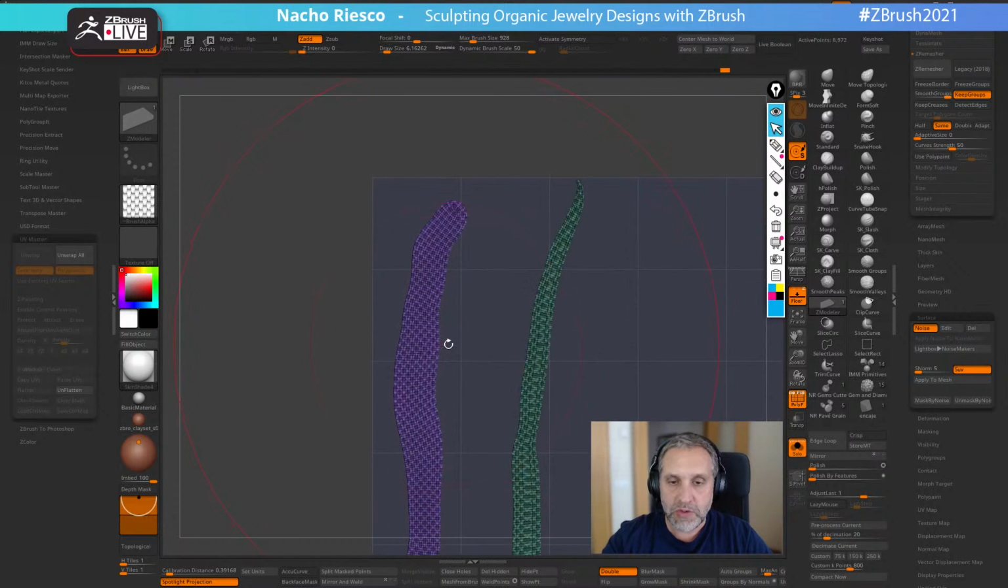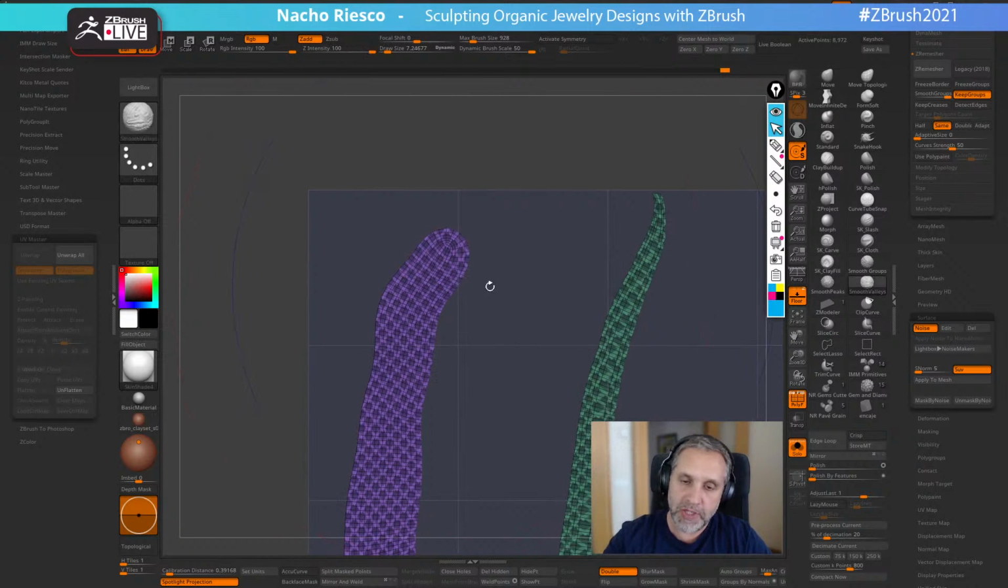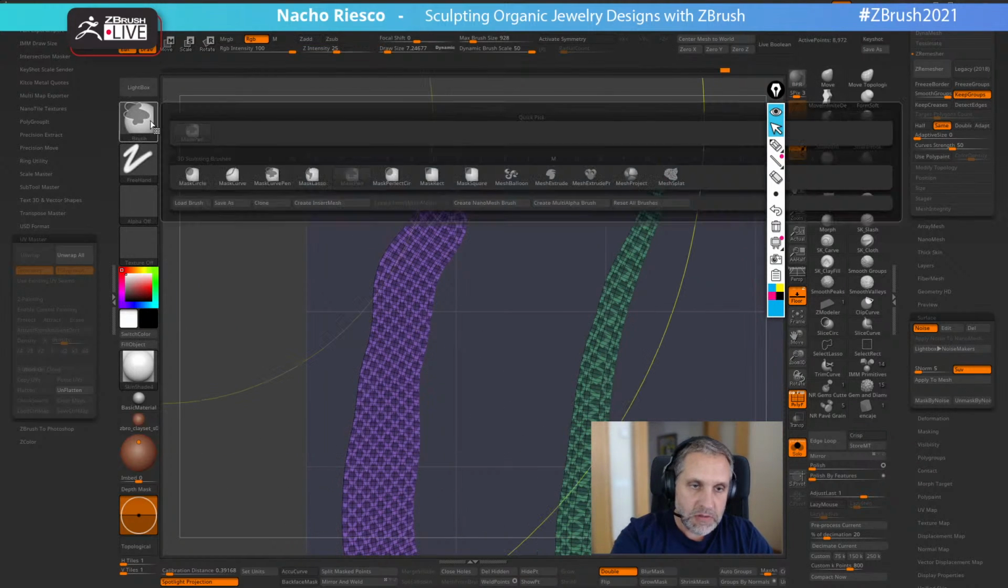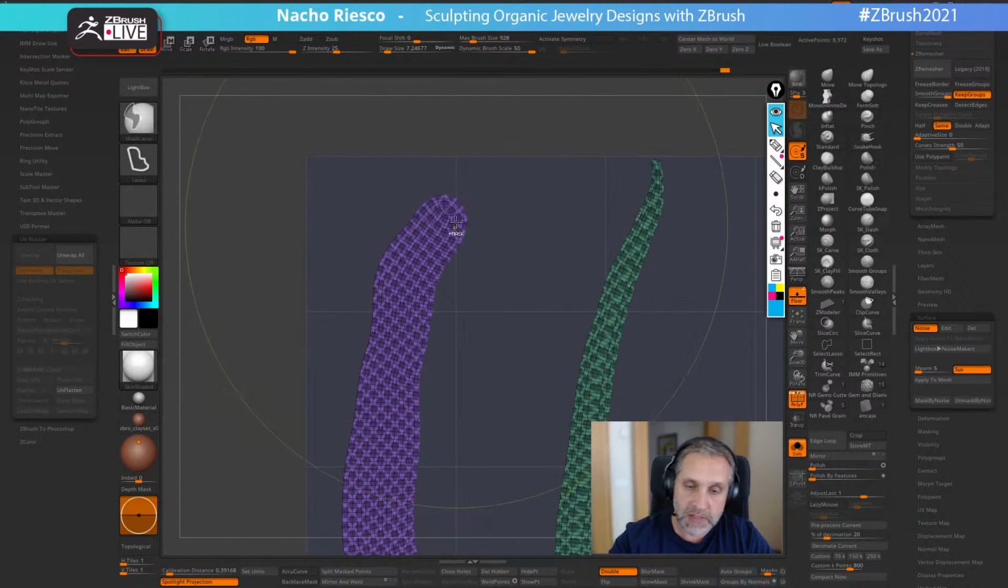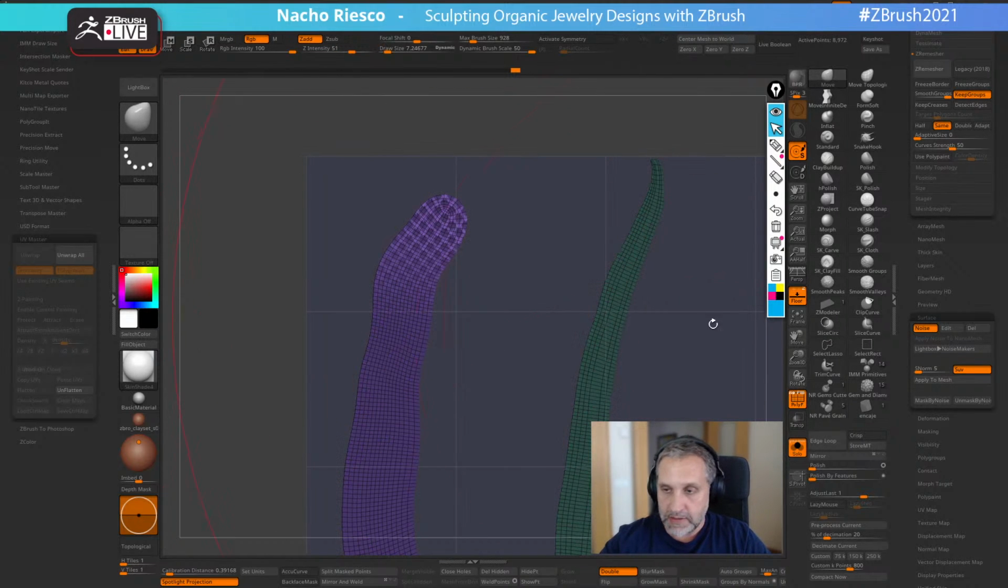So I recommend you do this instead of, for example, grabbing the move brush and start pulling or pushing the mesh. I don't like to do this. I prefer to use the transpose line or the gizmo. So I'm going to mask this part, blur the mask. It's very important to start blurring the mask. Invert the mask. I'm going to use the transpose